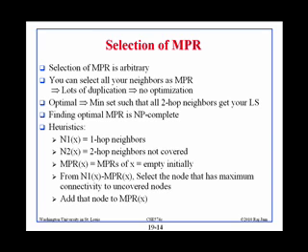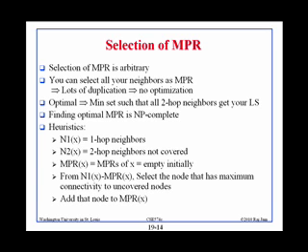Then among this, basically MPR is the set of nodes that we have selected as an MPR. Initially it will be empty. And then from N1x minus MPRx, select the node that has maximum connectivity to uncovered nodes and add that node to MPRx. That's the whole algorithm. That you compute N1x minus MPRx, find the node that has the maximum connectivity, add that to MPR, and that one step is done and keep repeating it. So let's just do that once.